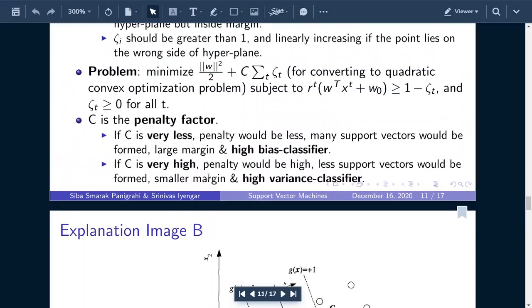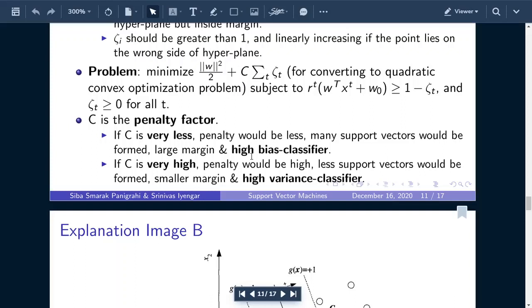Now consider C to be very less. If C is very less, just imagine I am penalizing them too little. I am not penalizing them very much. I'm just giving like a 1-2 rupees fine. So what would happen if the margin extends a bit, like the distance between the margins increases? Then the total penalization is going to be small. So the margin distance increases, because I'm not penalizing much. Even if 2-3 instances come into it and are wrong, not much is penalized. So the total objective function, which is the minimized quantity, is going to be small.